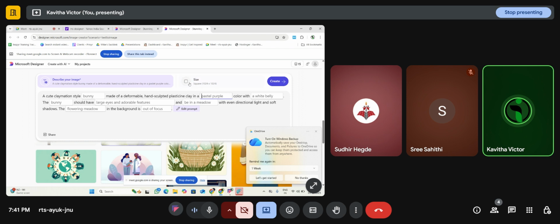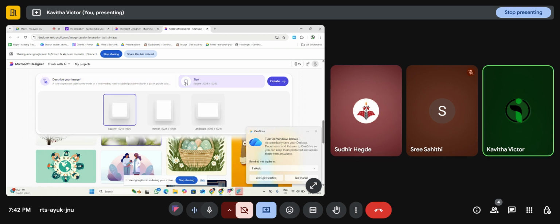Then you will be able to click on these sizes. What size are you looking for? Do you want a square image, portrait, or landscape? This is a square image. Portrait means a vertical one. Landscape is the horizontal image. The horizontal one you can use in your banners, for your website banners, and the vertical image for your Instagram posts or stories, and square you can use for your website, and also for your social media posts. Okay, so let us pick a dimension.